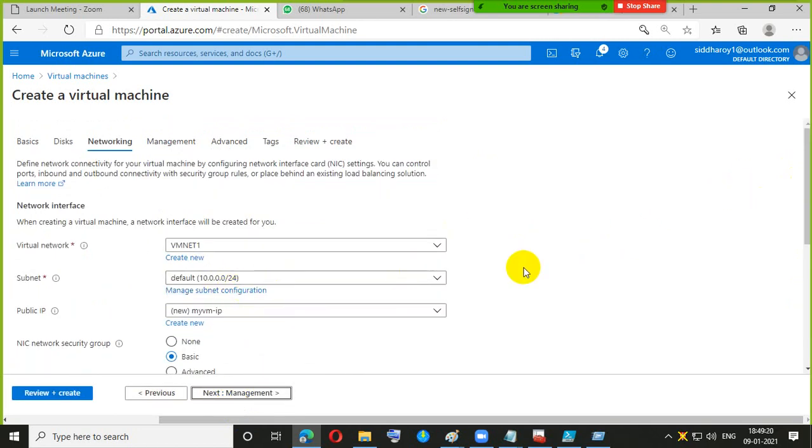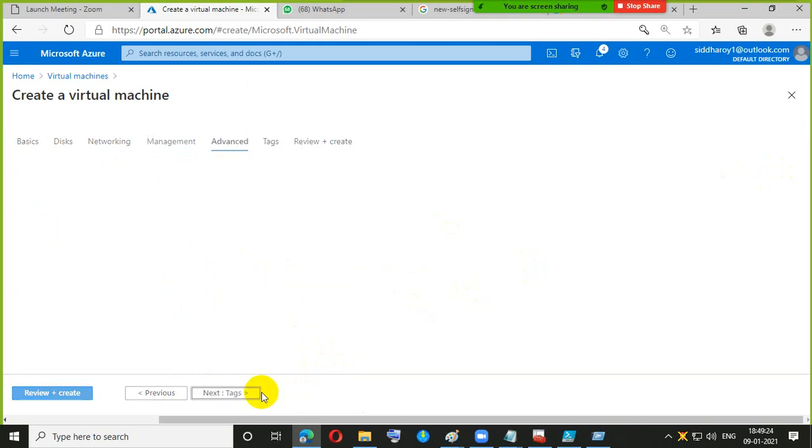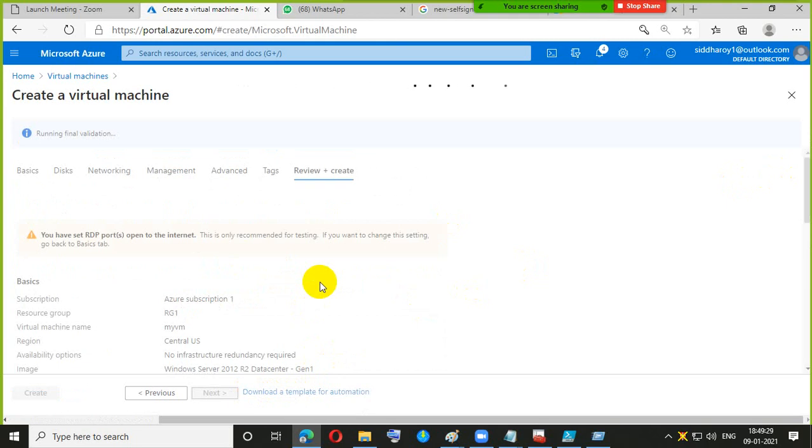So the same IP address is detected, so nothing needs to be changed. And review and create.